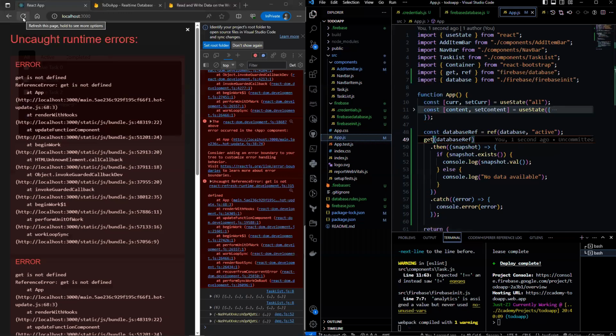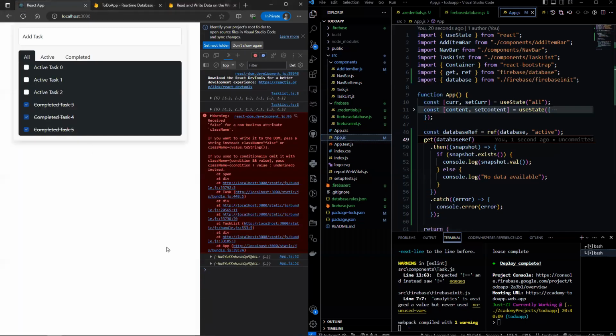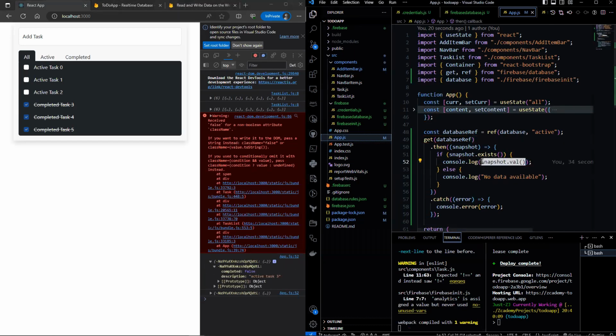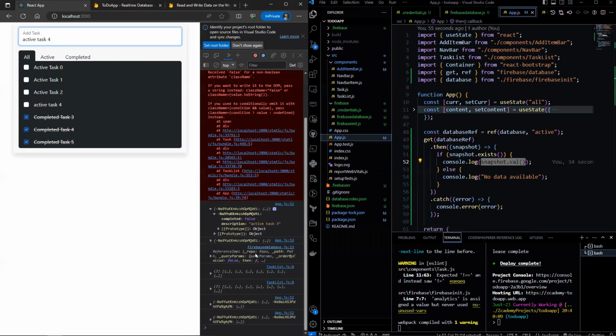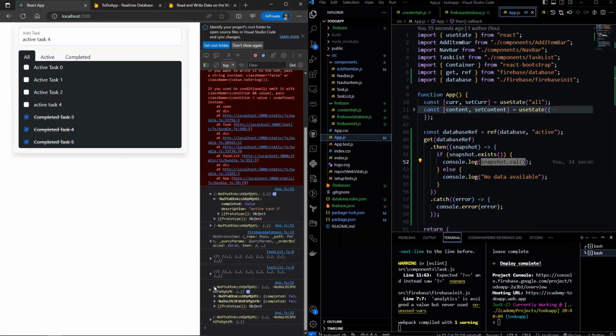Let's refresh this page. Here we can see that this is being retrieved from the database. This is what snapshot.val is. Let's try adding more tasks to the database and see how it changes. Notice that this is not an array.